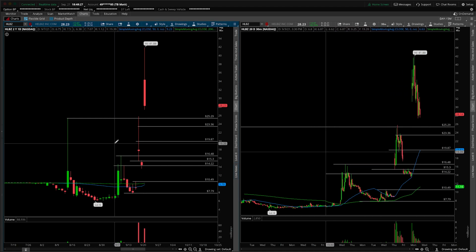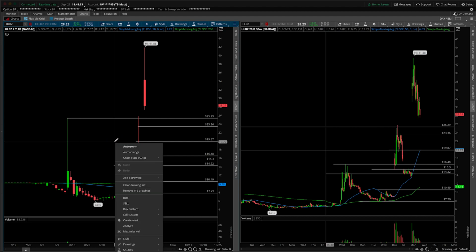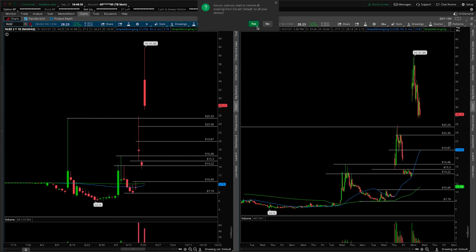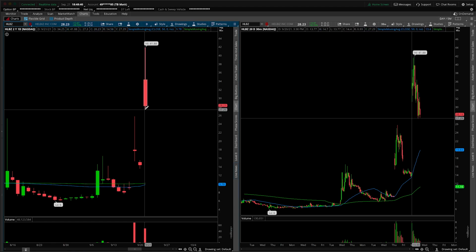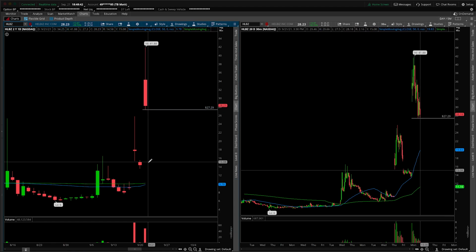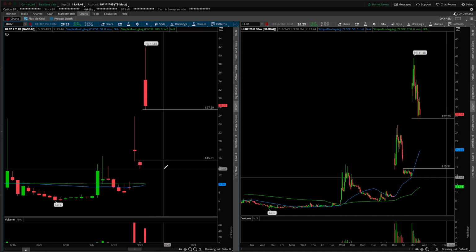But regardless, what are we going to do about this going forward now that we have a massive move higher, a catalyst, and a large gap underneath us? So the first thing we're going to do is start with a blank slate. Let's clean this up, start from scratch here. If we take a look at the gap up, clearly if we trade underneath today's low, and I'll get to that in a second, we're looking for the gap to fill back down towards this 15.51,